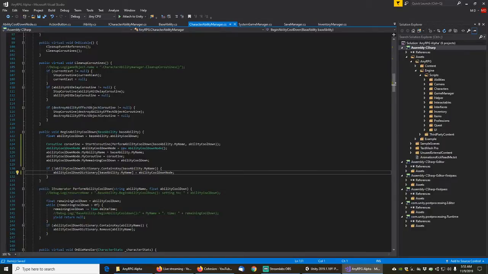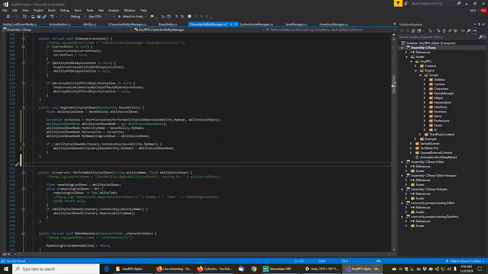Alright, so now what we need to do is we have now a list of coroutines, and we need to basically worry about cleaning them up when our object gets disabled. So we will have to basically create a method here, and we'll call it public void CleanupCooldownRoutines,